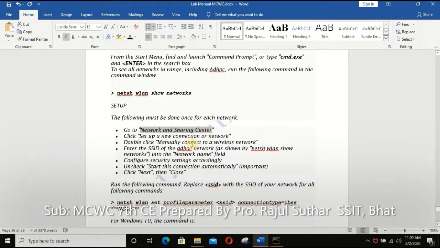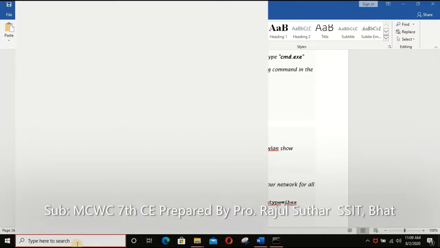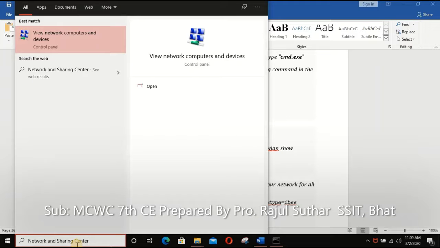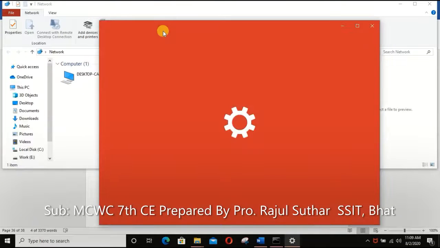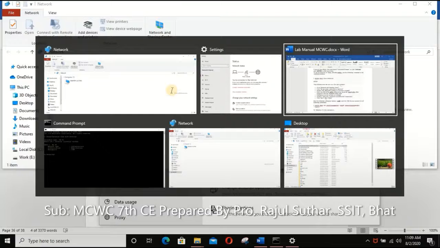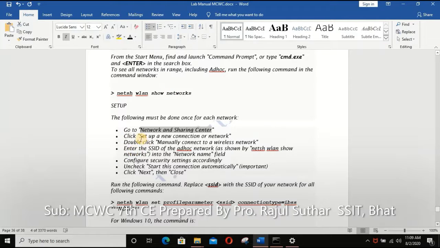Just type in the search box Network and Sharing Center, and go into the Network and Sharing Center. After clicking on it, we need to set up a new connection or network.